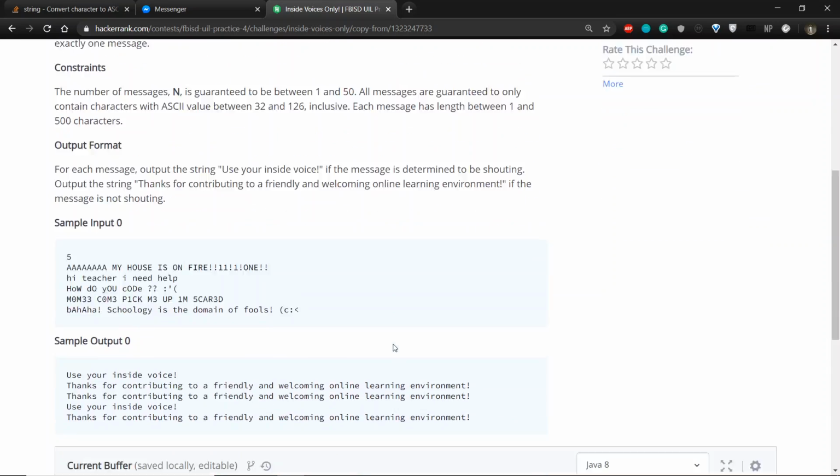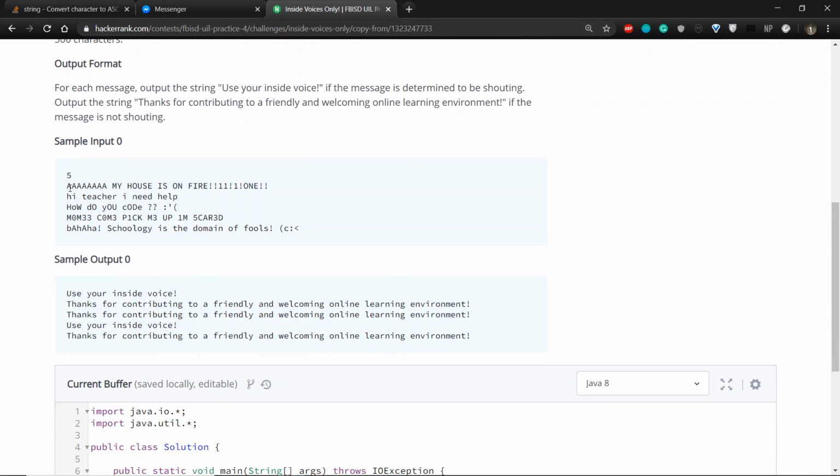And so the first thing you can think of is obviously what we can do is we can loop through each one of these characters, and then we say that initially all of them are uppercase. We assume they're all uppercase, so we assume they're shouting. And then once we reach a lowercase letter, we say it's no longer shouting because there is a lowercase letter. But an easier way to do this problem is simply to take the entire string, and